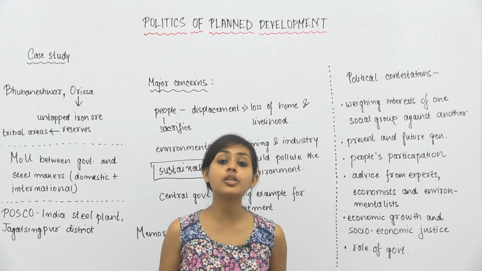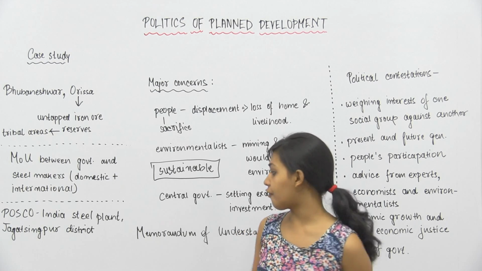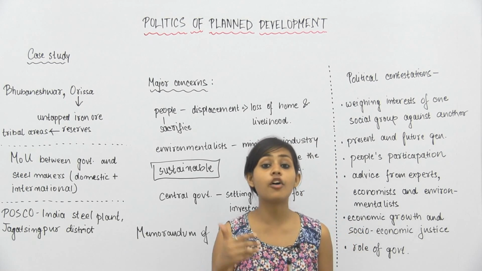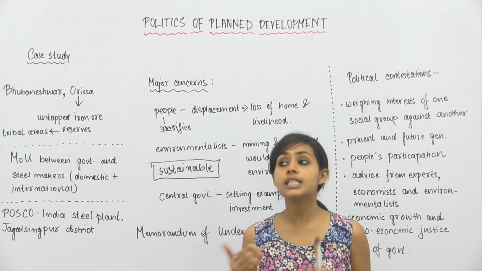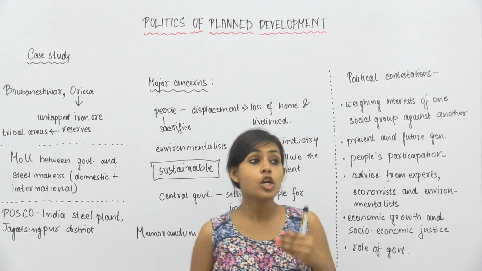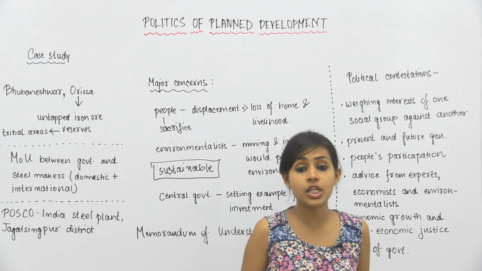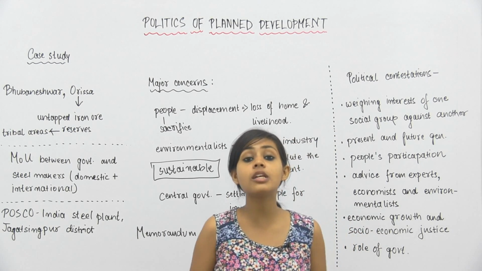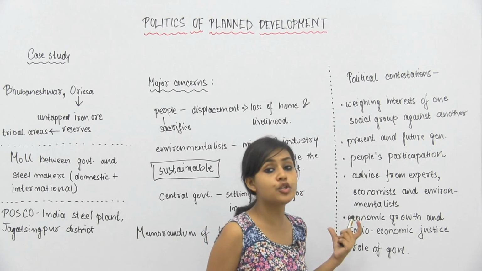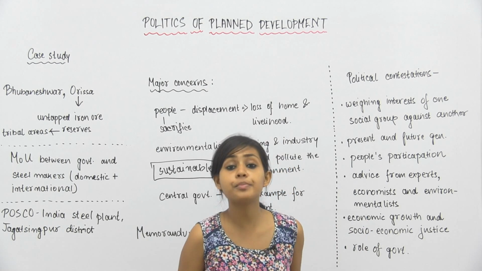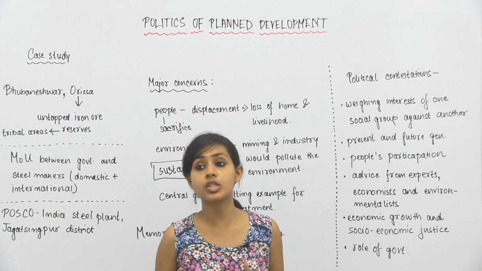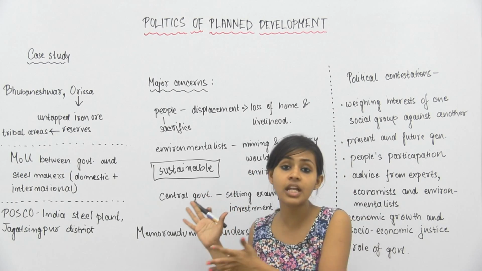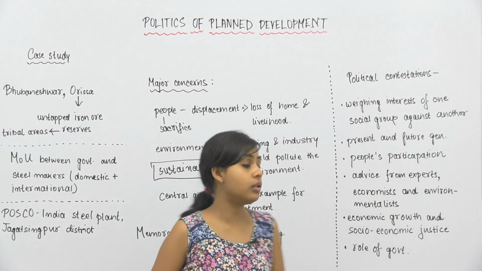In these decision making procedures, should the government be the only one that makes these decisions? Because the government can take a lot of selfish decisions based on its own interests. So people should be involved in these things. The common people who are living there, their views and their opinions should also be taken. Common people should be made a part of the decision making process that actually affects the lives and interests of so many people.